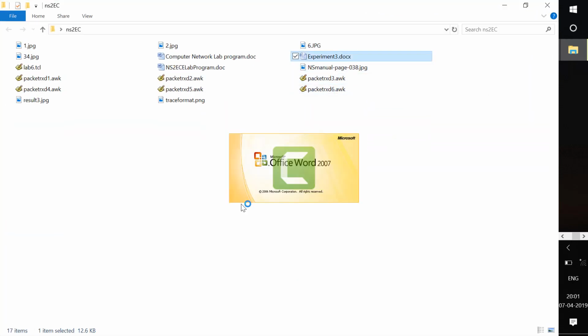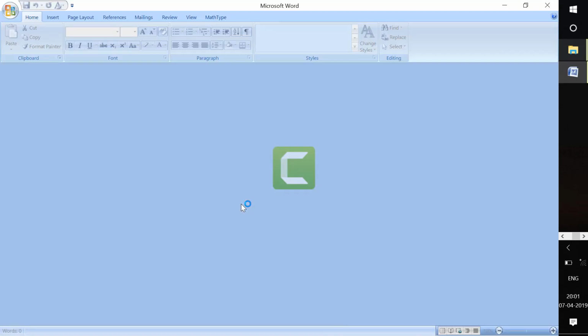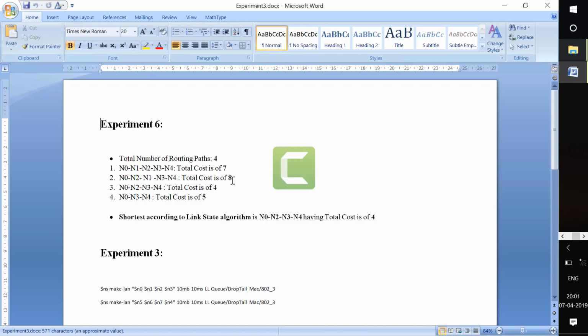Here our program's intention is to calculate the shortest path based on the cost. We are going to assign a cost. Based on this cost, it will find the path which has the lowest cost, and the packets are transmitted through that path only. This is what the link state routing protocol is. Link state is nothing but based on the cost of the link, it is going to find the shortest path and transmit the packet through that path.